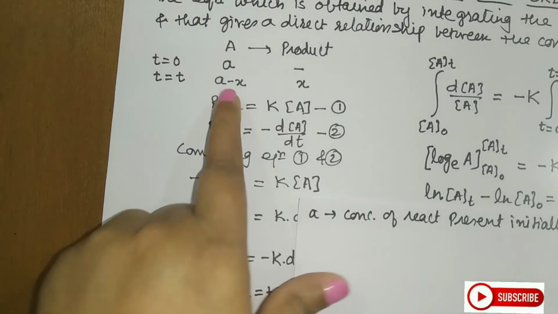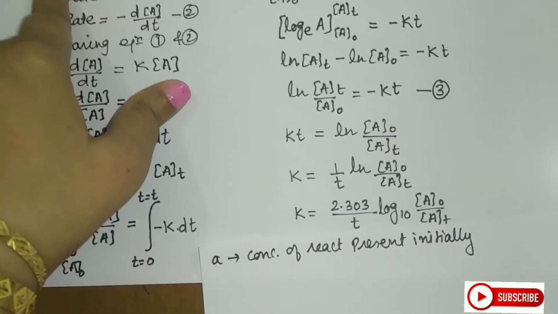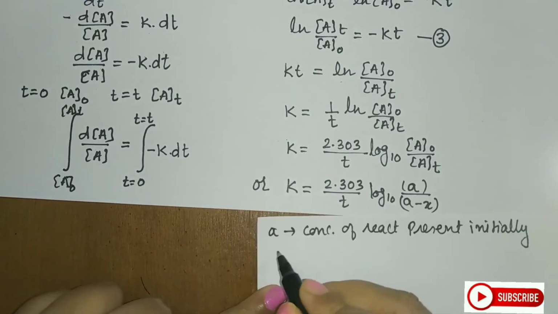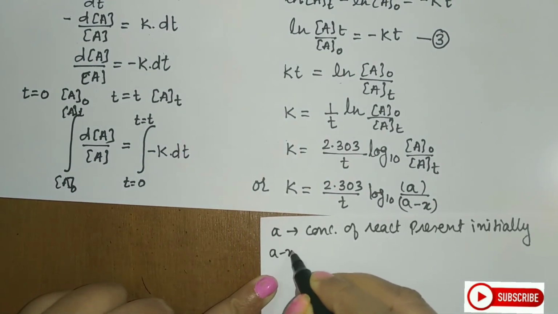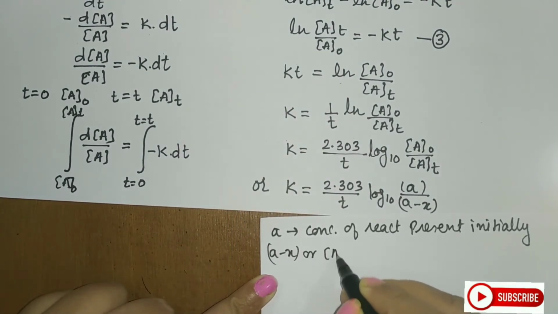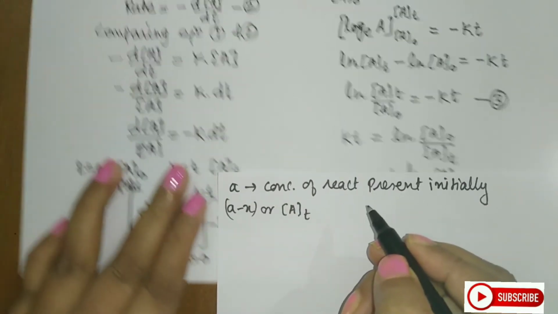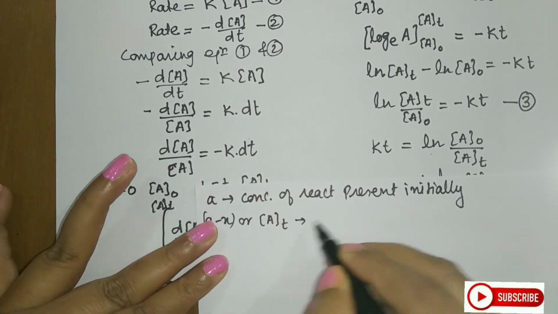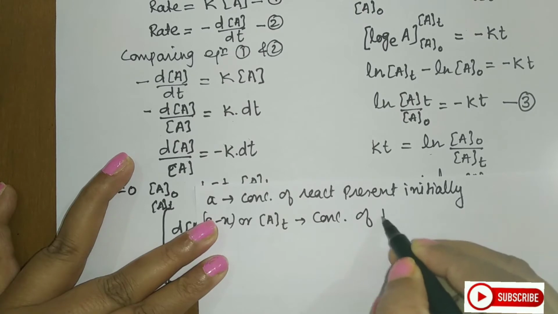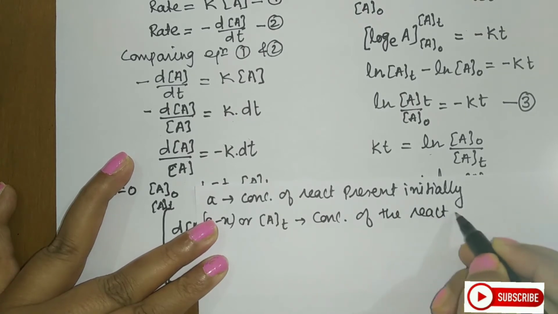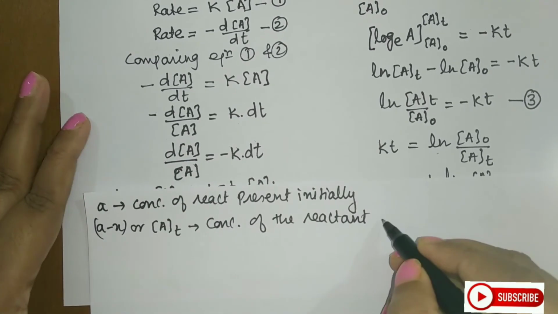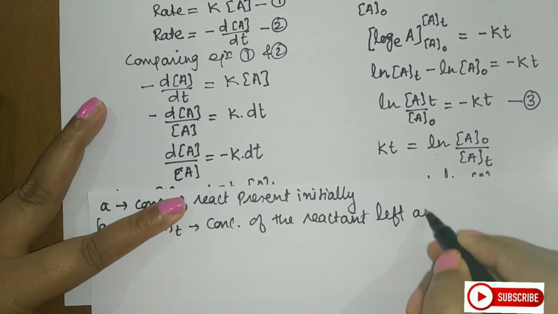What you take initially, that is what it is, a. Now what is that A minus x or At? This A minus x or At is the concentration of the reactant left after time